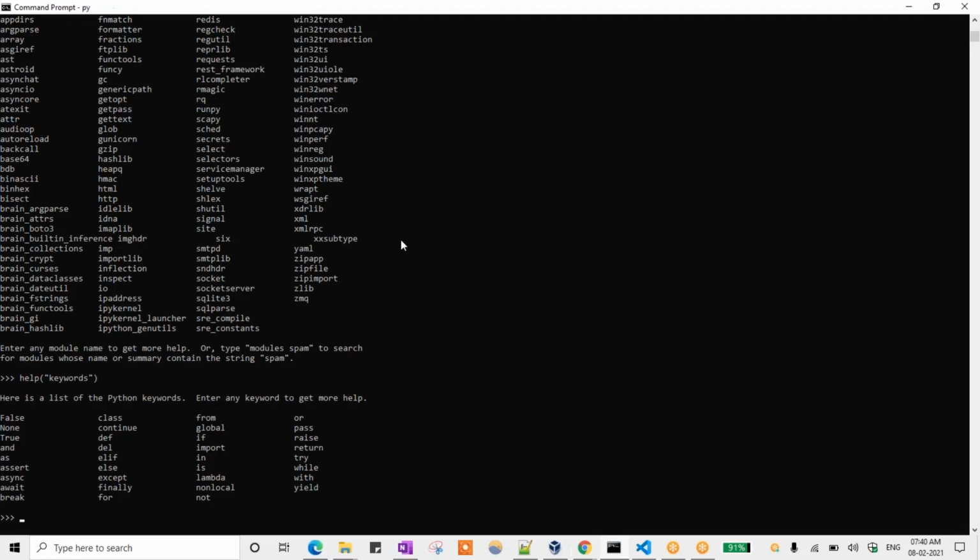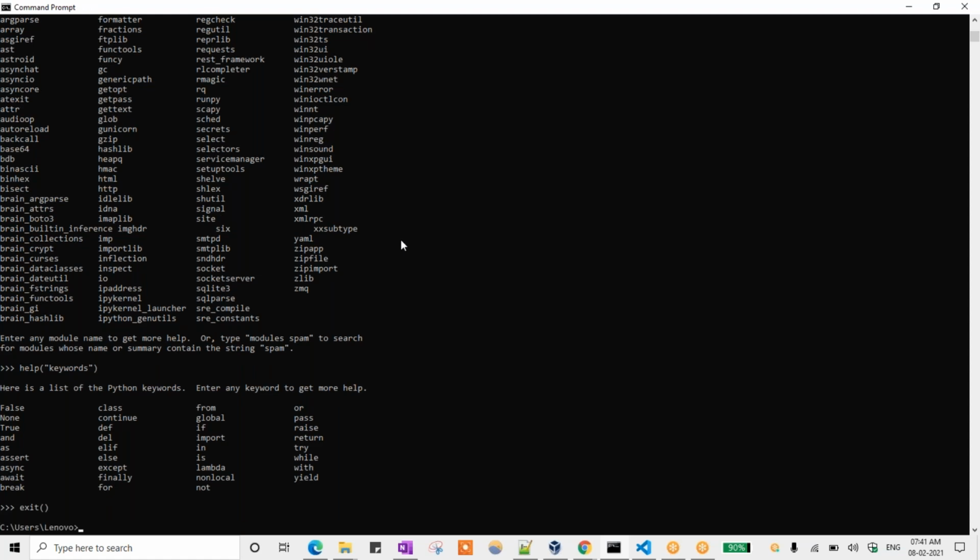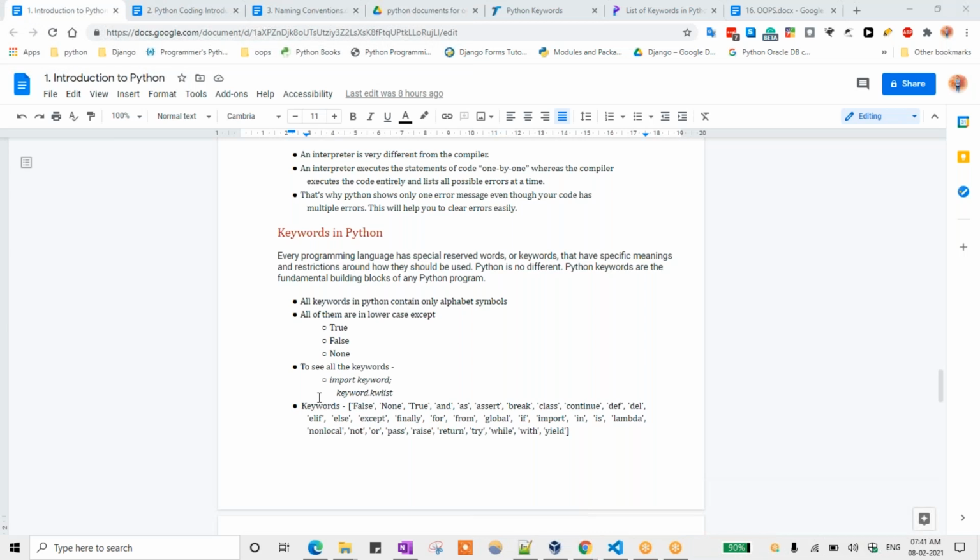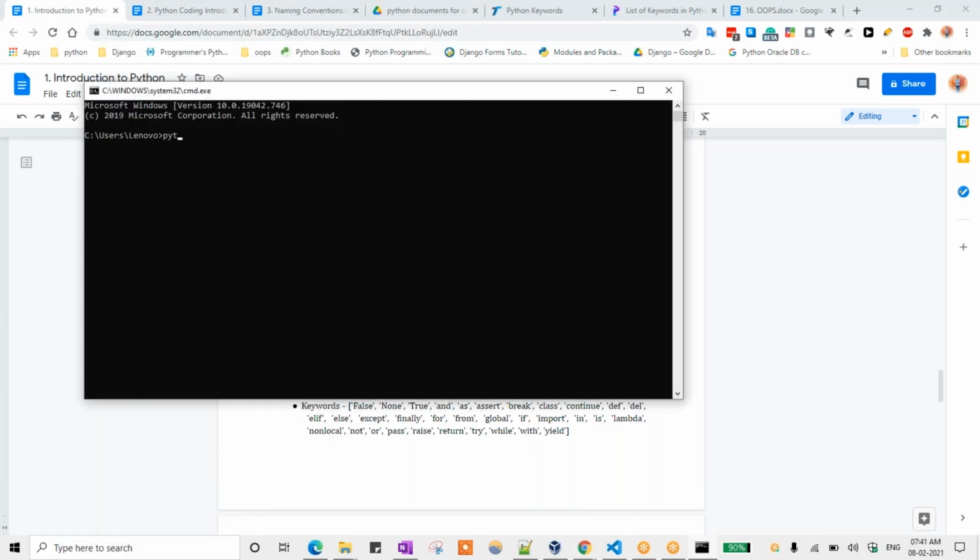Just go to the terminal and type py or Python. First we will import the keyword module.